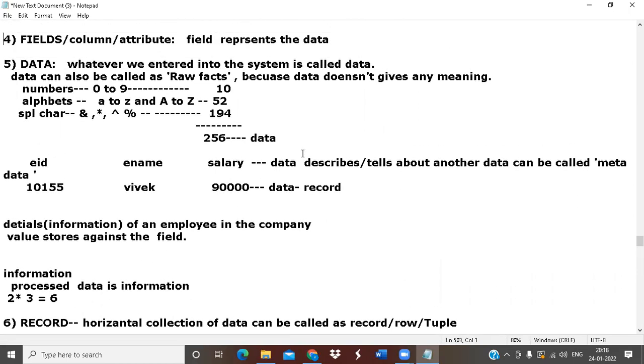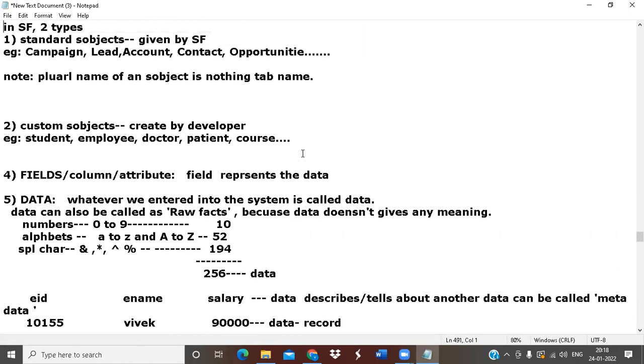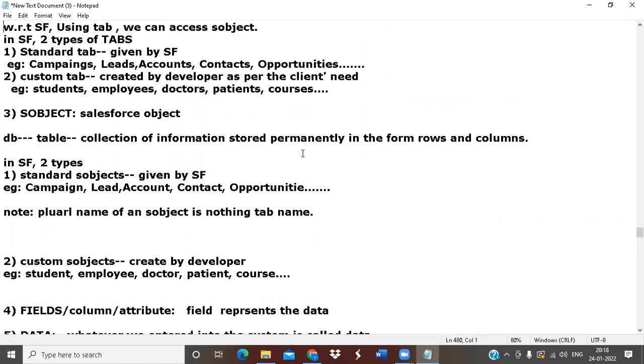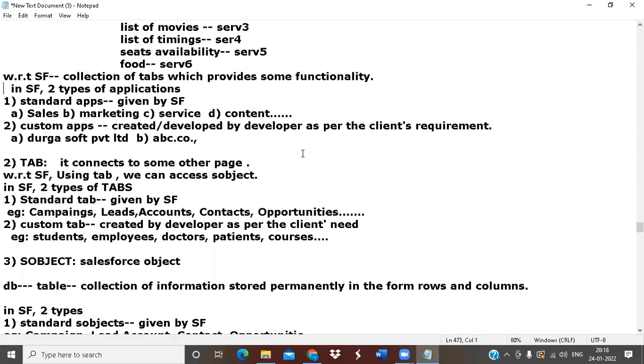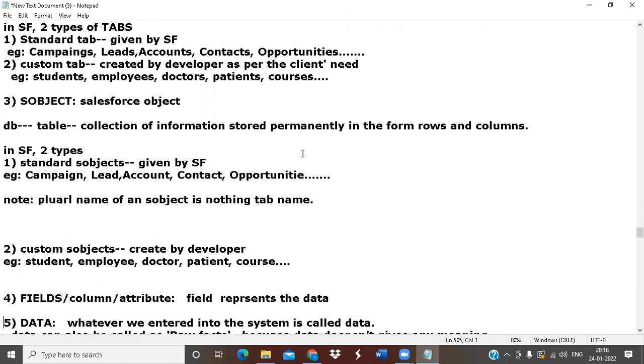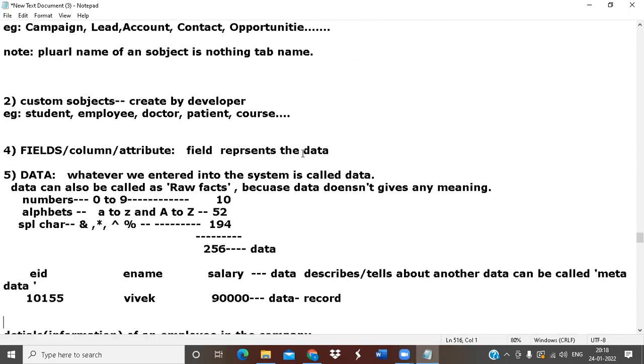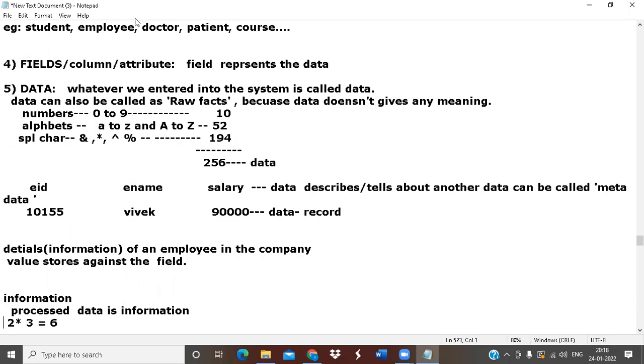So last week, maybe yesterday's class, we were discussing 6 important words with respect to Salesforce. That is what? App, tab, SObject, fields, and what? Rows, data, record. As of now, we discussed only 4. Now I'm going to discuss data and records. First of all, tell me,